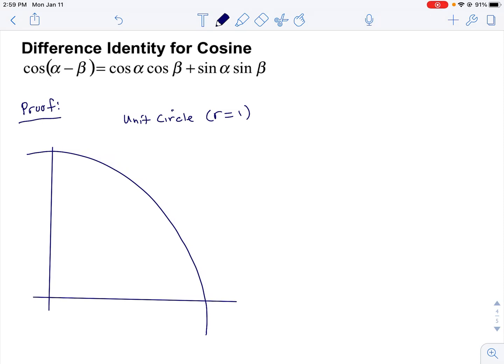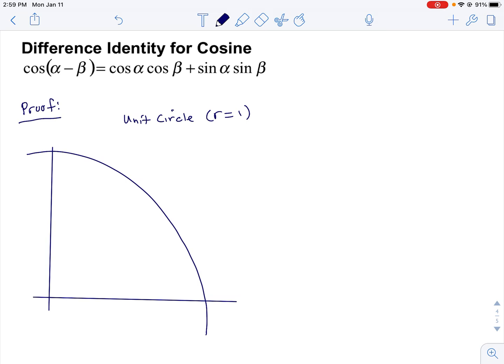Hey gang, I wanted to do a quick video here, just proving one of these sum and difference identities. I'll do the difference identity for cosine, which is that the cosine of a difference, cosine of alpha minus beta, is equal to cosine alpha cosine beta plus sine alpha sine beta. It's just a neat proof, and it's amazing that someone thought of this, but